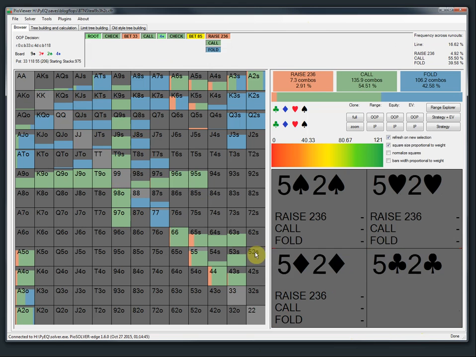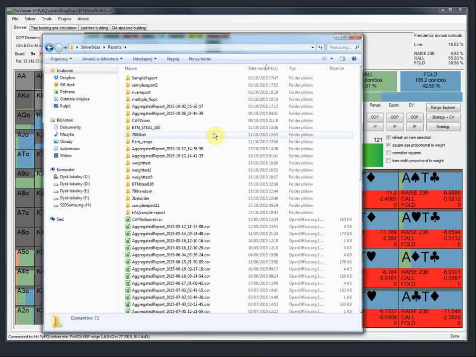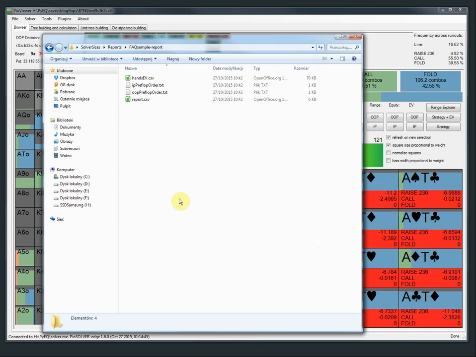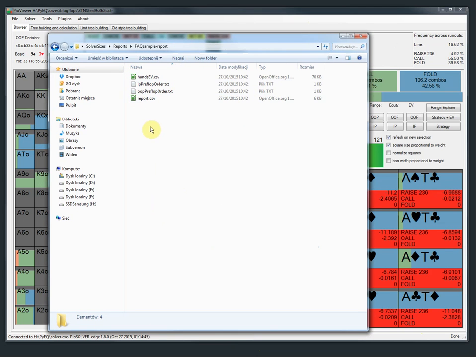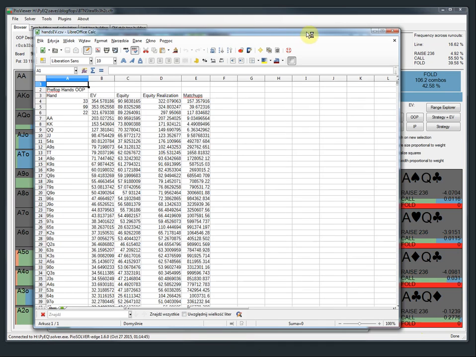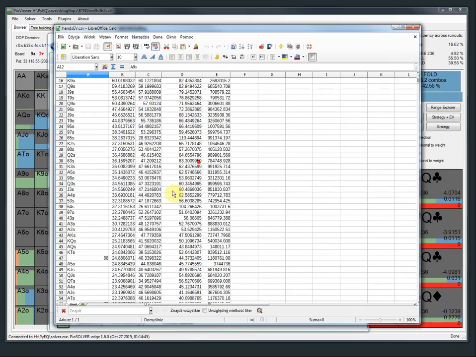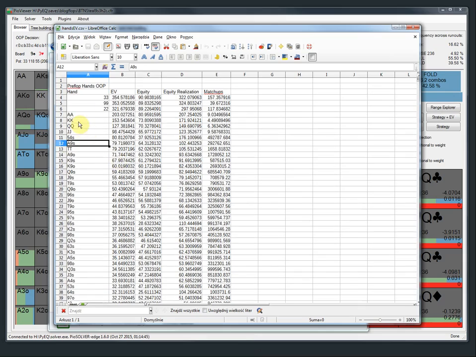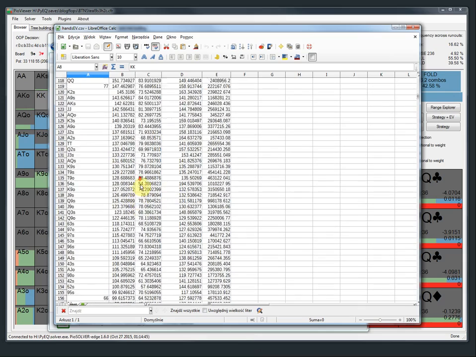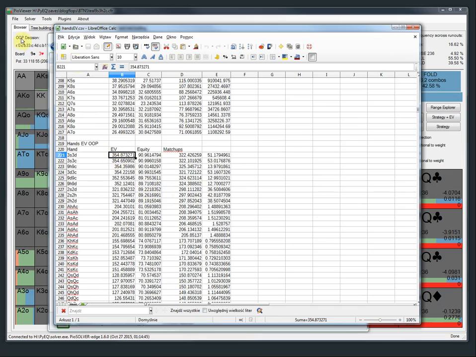And now the report is ready, and it is located in our reports folder here. And what we get are 4 files. There is the EV file, which produces EVs and equity realization for all the hands. Those are combined into preflop categories, but you can see specific combinations as well. So on this flop here we had